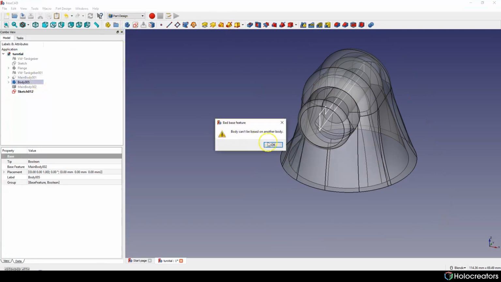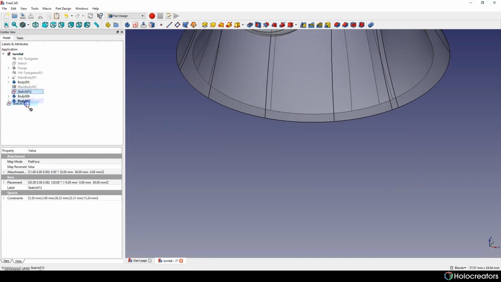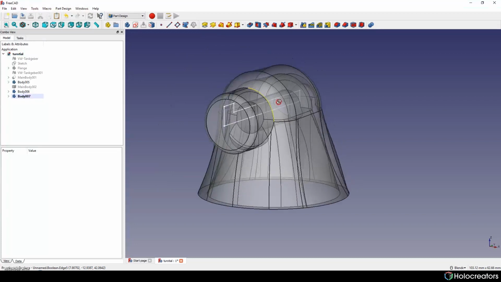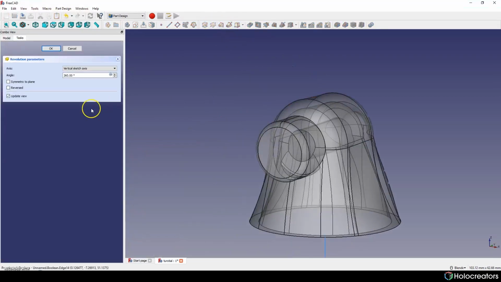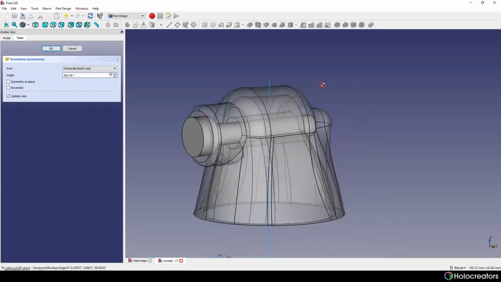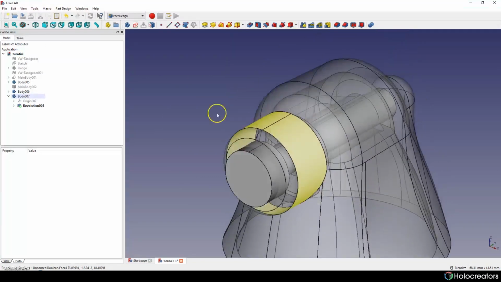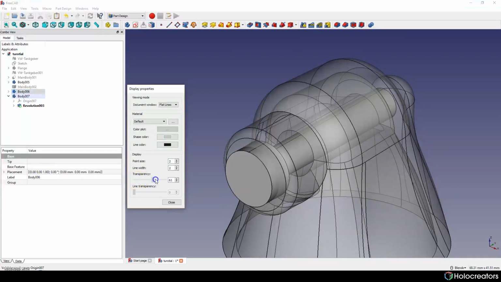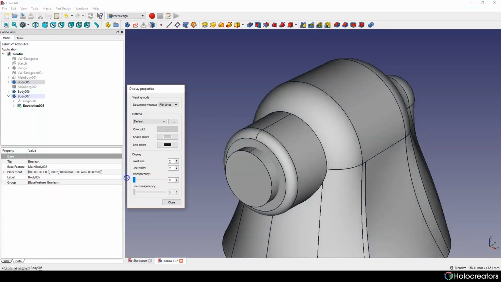And we need to create a new body where we will just rotate our new object, and we just need to change it back.